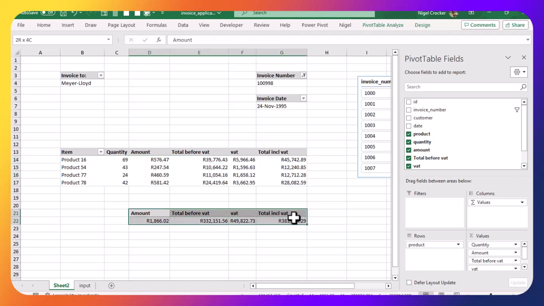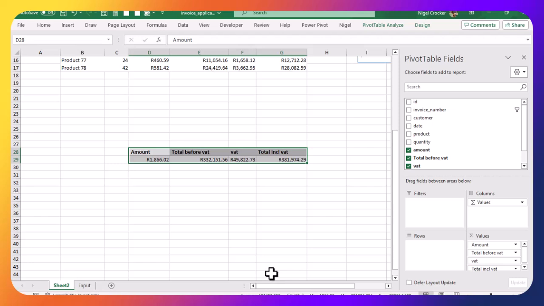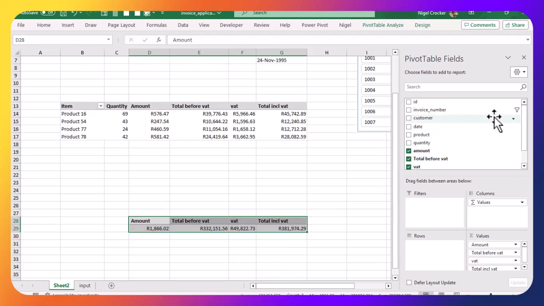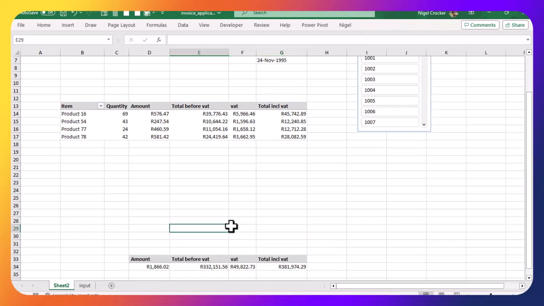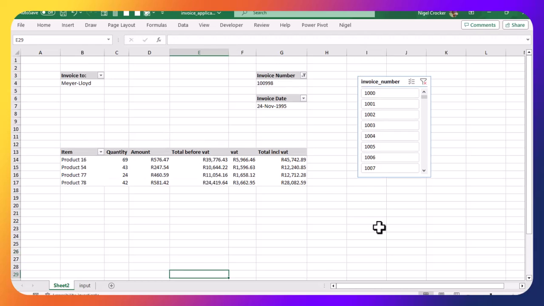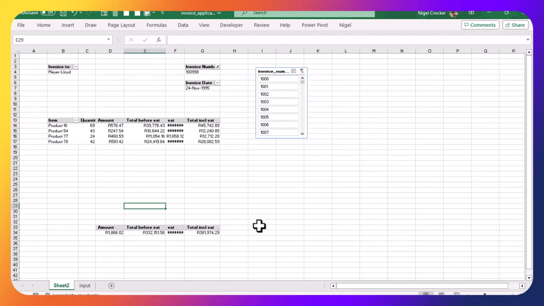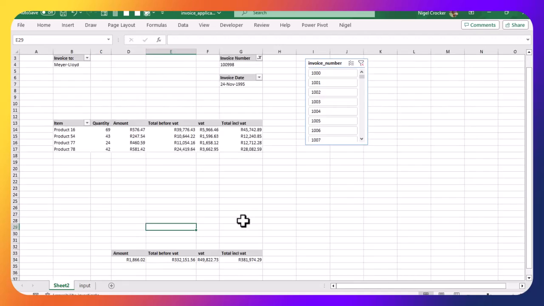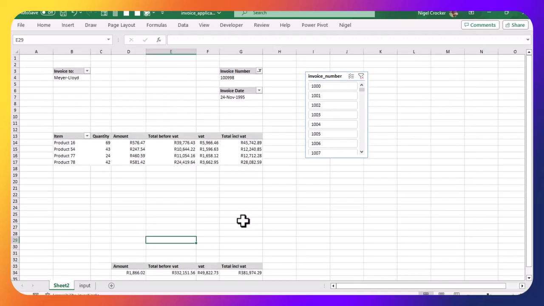Right, it's too close. We're going to have some invoices with many more line items. So let's move this down out of the way. Alright. Let's move it a bit further because I think maybe some have got even more line items than that. So we're nearly done with our dynamic invoice. If I choose any invoice, let's just make the screen a little bit